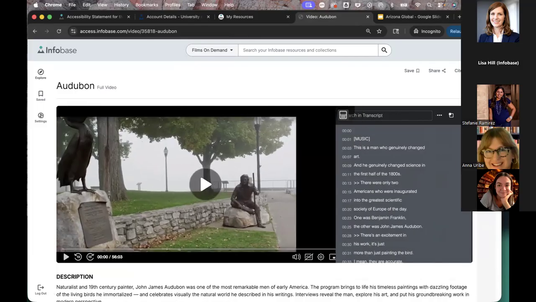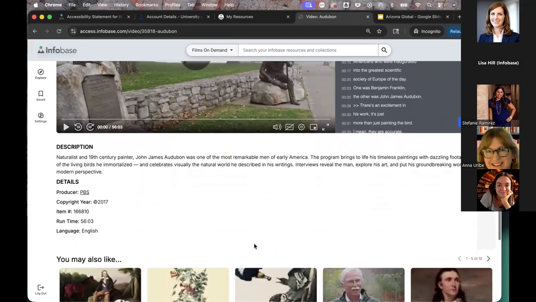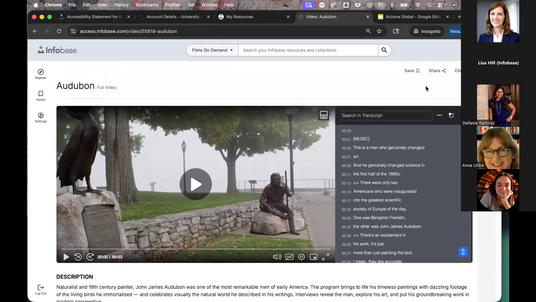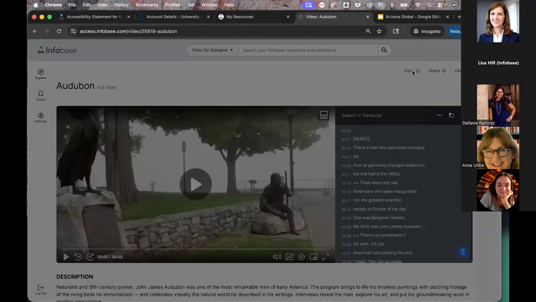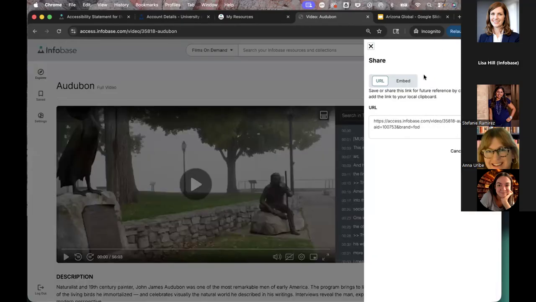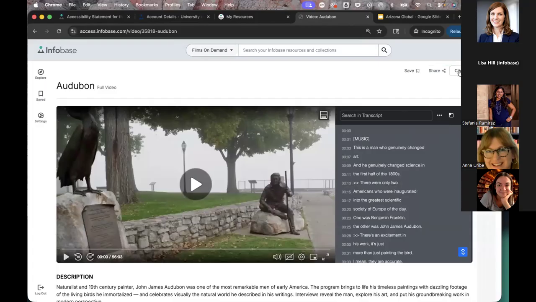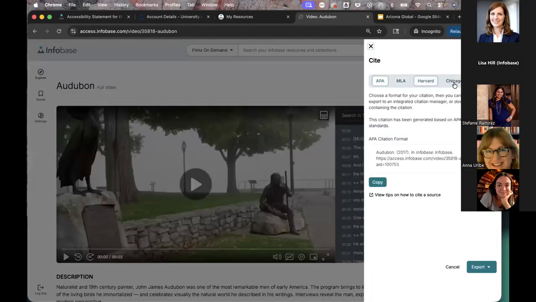and you can hide that. All of our videos have searchable, scrollable transcripts and captioning and 10-second seek to scan, everything that you would hope to have in a 2026 video player. You'll note at the top of the screen, we have a save function. So I'm going to save this to my environment folder. We have the share function where I can share the URL or the embed code of the video, and a cite option. And there's again APA, Harvard, Chicago, just like we saw with Credo reference,